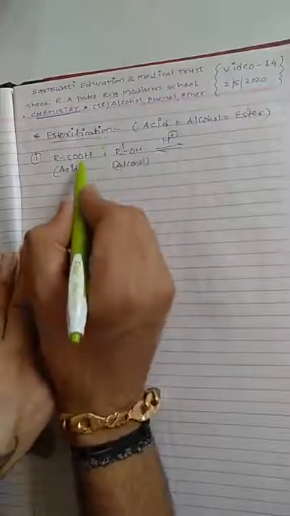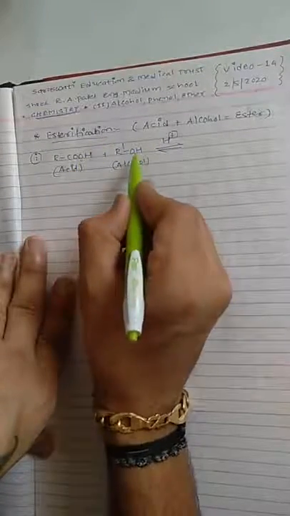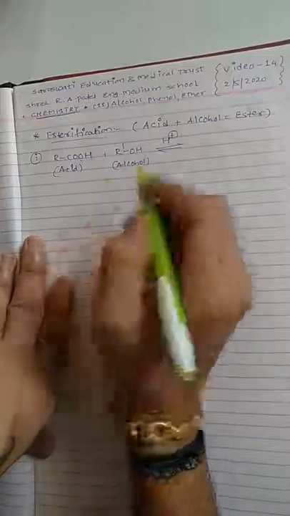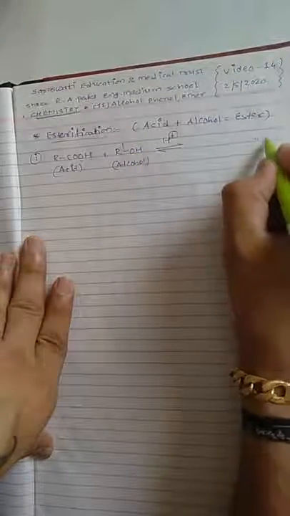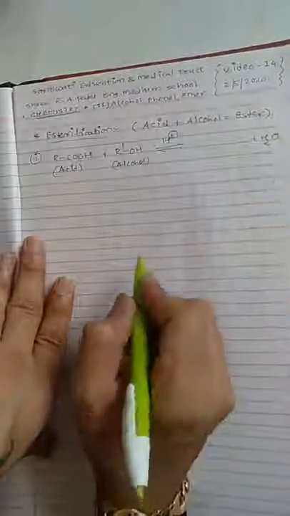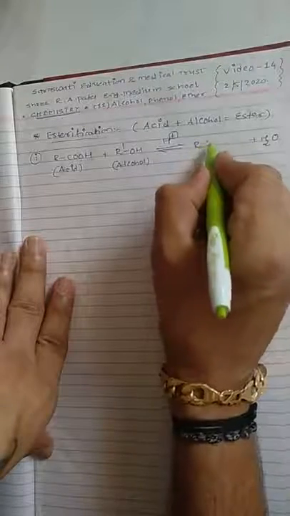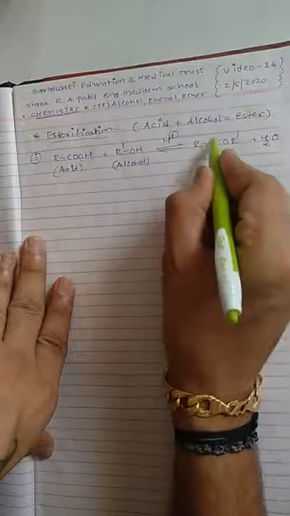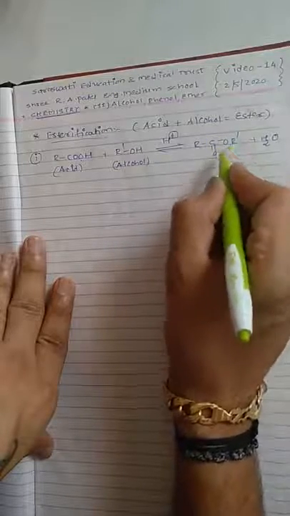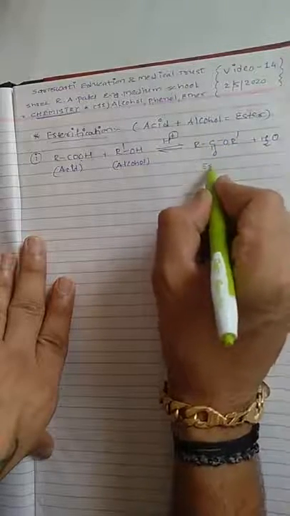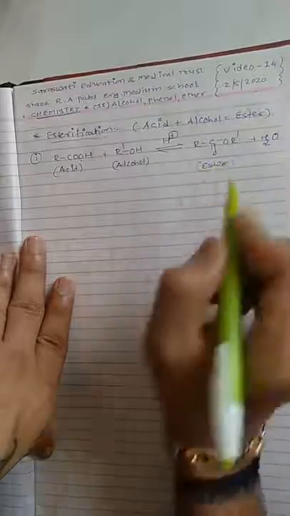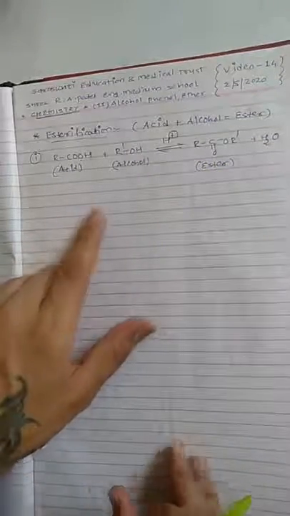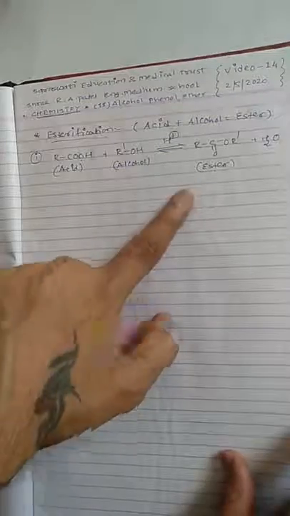As we know, the acid donates the OH group and the alcohol donates the H plus ion, in the form of water. So water is removed and we have RCOOR'. This formation of C double bond O with one oxygen is called an ester group. So this is the first reaction scheme for the formation of ester.